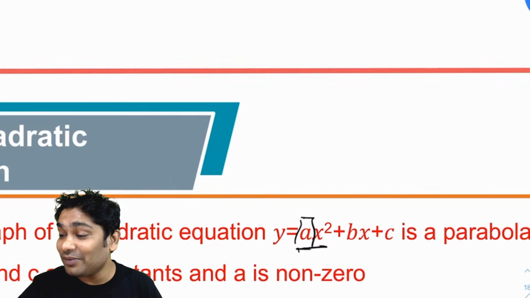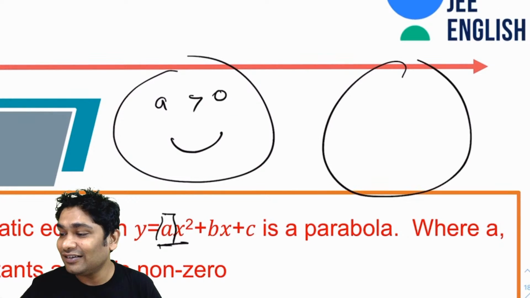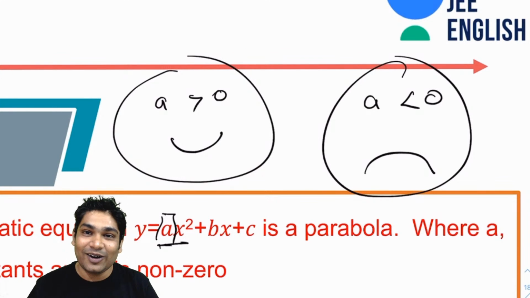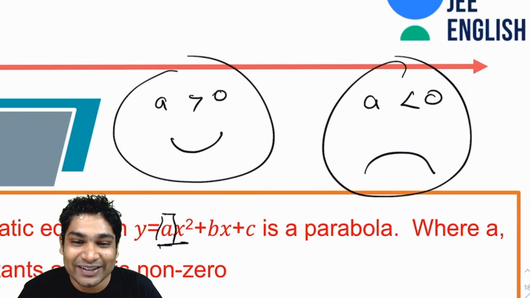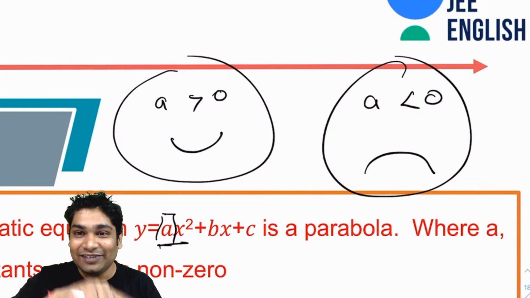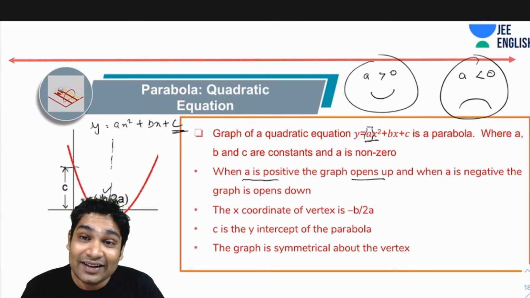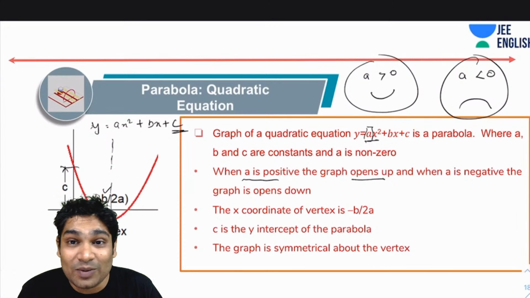So the easy way to remember this is a greater than 0, a less than 0. Alright, so this is how you can remember this. So if a is greater than 0, you have an upward smile, otherwise you are sad. Now the x coordinate of the vertex is minus b by 2a, c is the y-intercept of the parabola, and